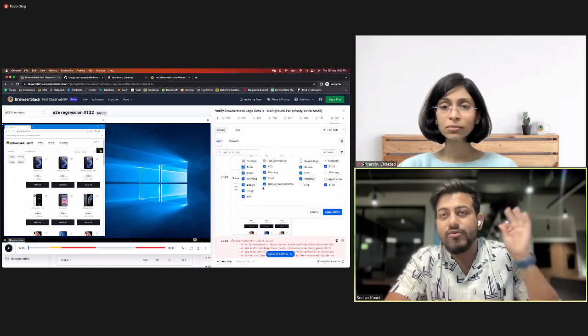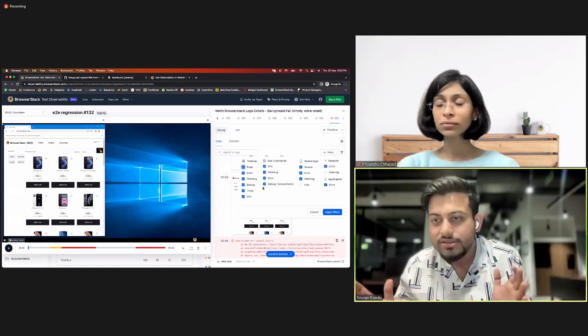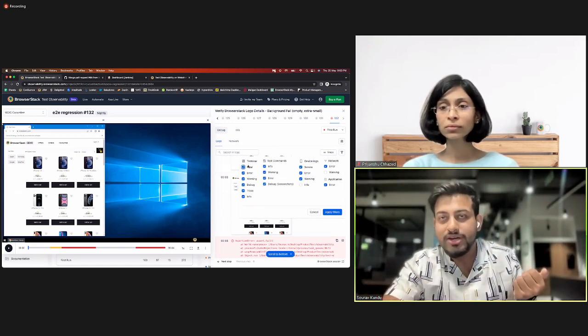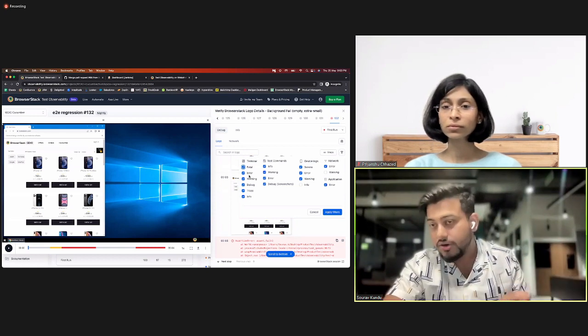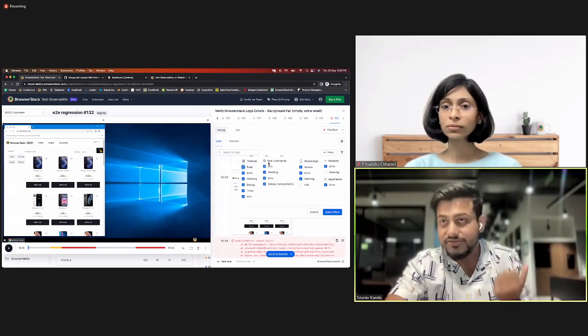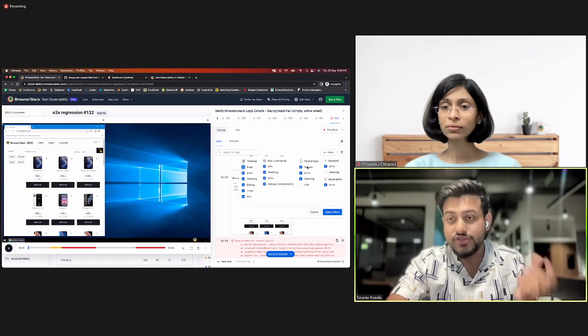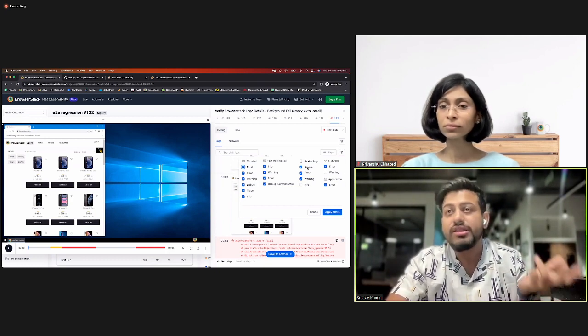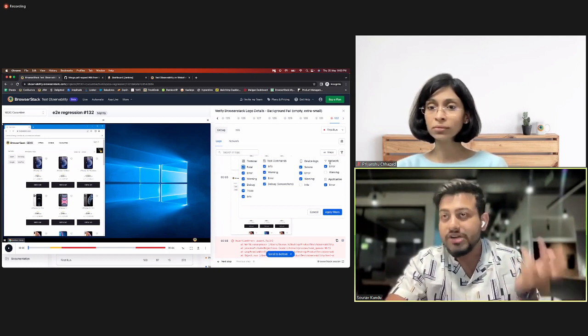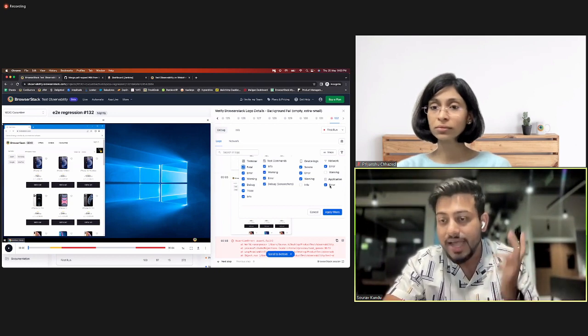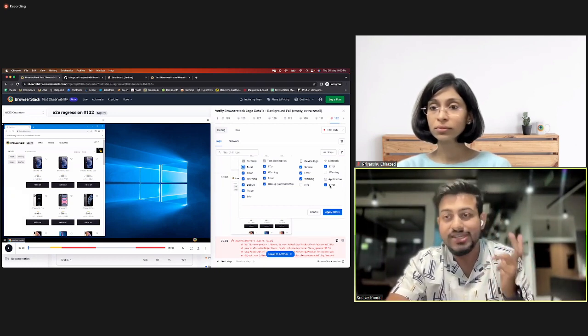So if I have to quickly show you what different kinds of logs we capture: logs from your terminal with different log levels, which you can filter, logs from the test framework, logs from the device or the browser where you're running the test, network logs, and even the backend application logs. Now that's interesting, right?